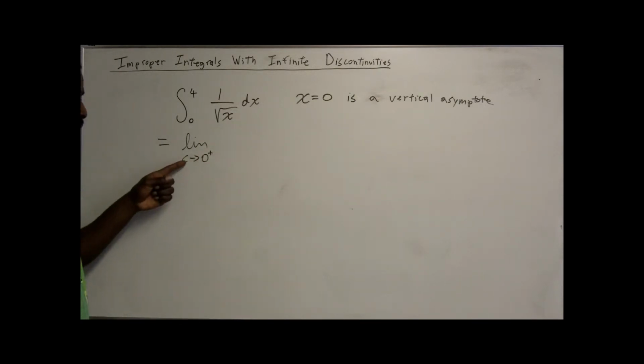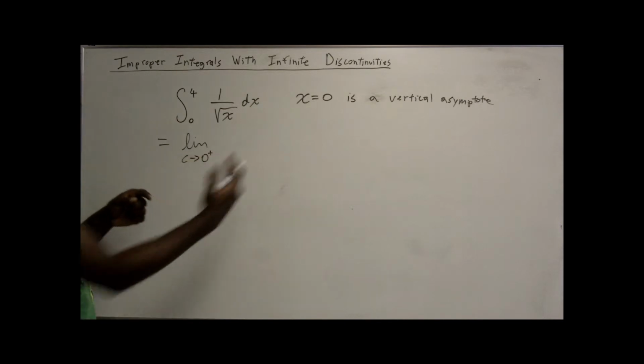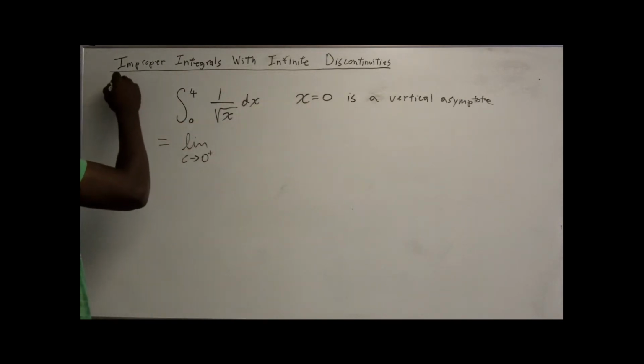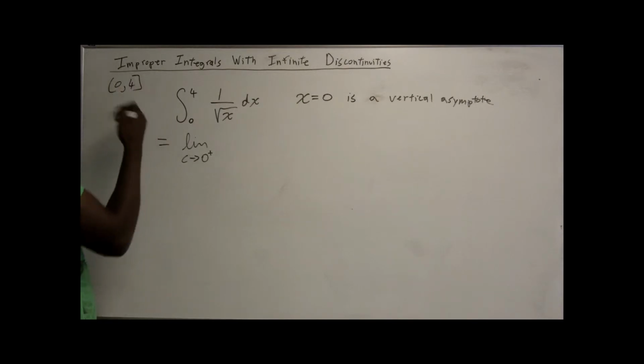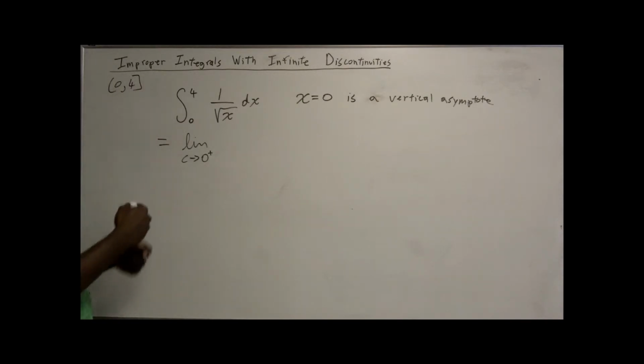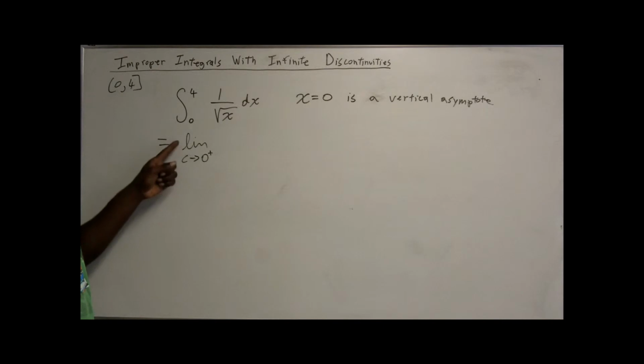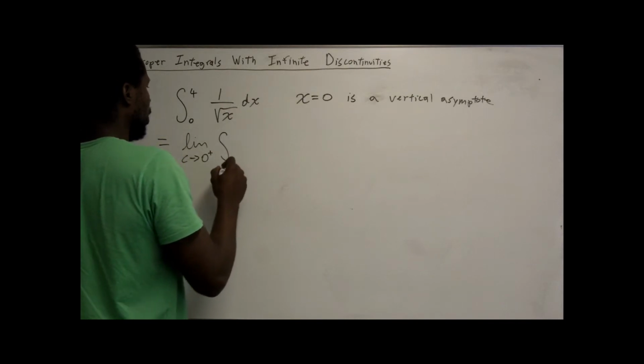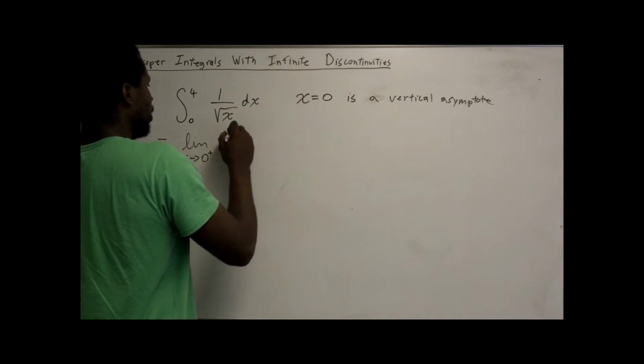So it's the limit as c approaches 0 from the right. I know I'm coming from the right because this vertical asymptote is on the left of the interval from 0 to 4, and these numbers are on the right of 0. So it's the limit as c approaches 0 from the right of the integral from c to 4